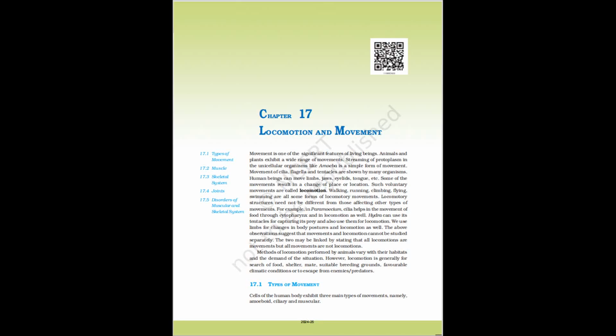The former has a very hard matrix due to calcium salts in it, and the latter has slightly pliable matrix due to chondroitin salts. In human beings, this system is made up of 206 bones and a few cartilages. It is grouped into two principal divisions, the axial and the appendicular skeleton. Axial skeleton comprises 80 bones distributed along the main axis of the body. The skull, vertebral column, sternum and ribs constitute axial skeleton.